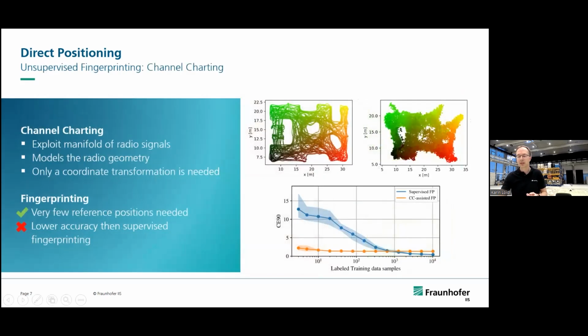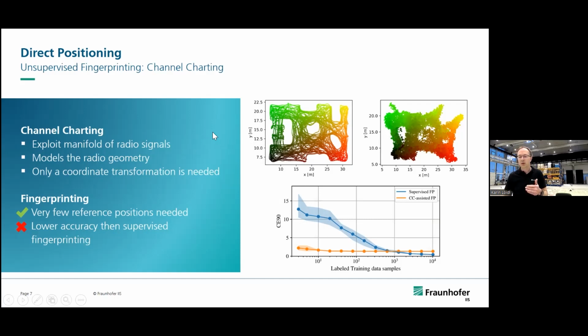And now let's get rid of the labels. For this, we use unsupervised fingerprinting. Maybe I say a few words on supervised and unsupervised fingerprinting. Supervised fingerprinting means in this case, for example, that we have the labels available. So we have the truth available, the information about the truth, and we give this into our training to get the model. Here we have unsupervised fingerprinting. We don't have labels, or we only have a few labels in place that we use in addition, but